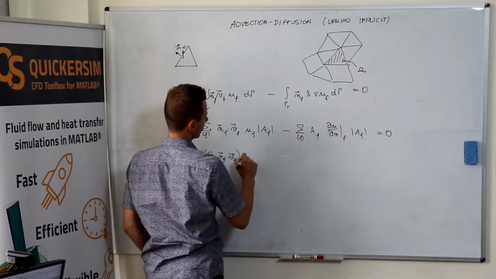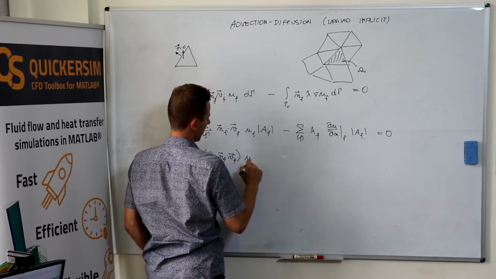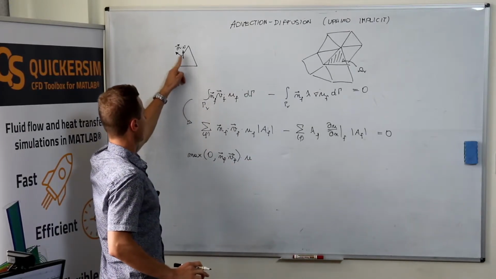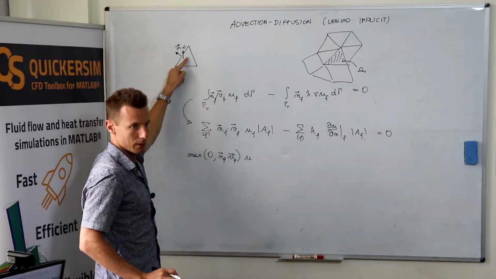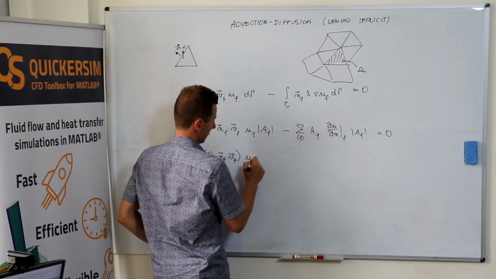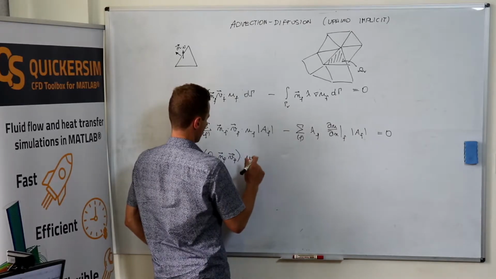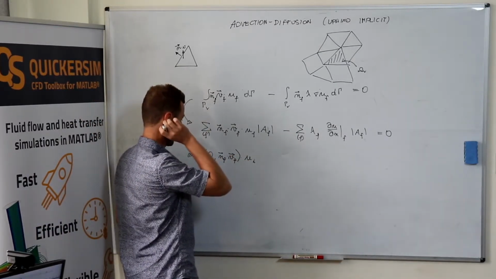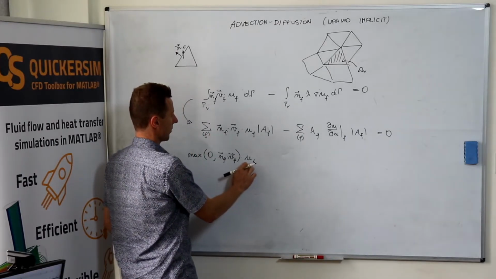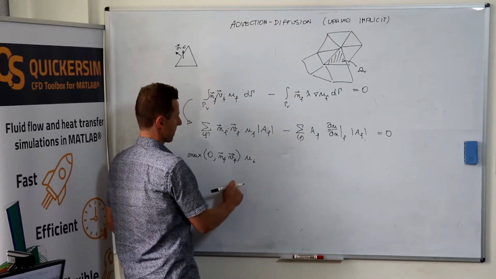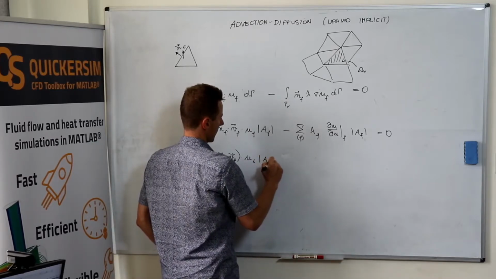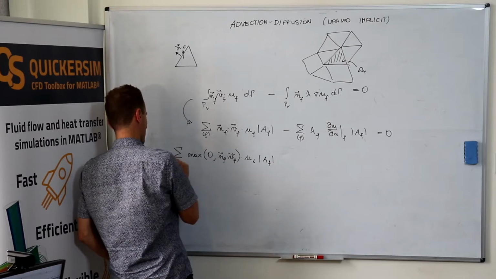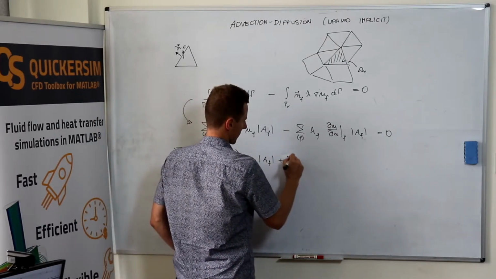Times U at a face. If we are talking about upwind discretization, then it means that if the flow goes out of the cell, then we need to use our value, which would be, let's call it, well, maybe a stupid notation, U_I, okay? I should have probably two different indices, like the upper index and lower index, but let's call our value U_I. And then A_F, sum over faces, plus sum over faces